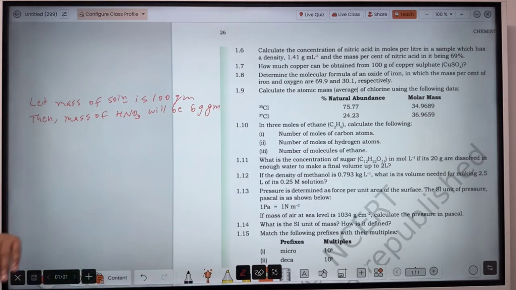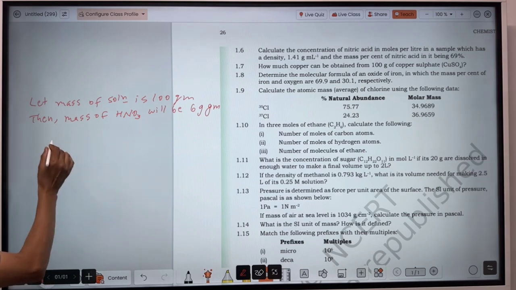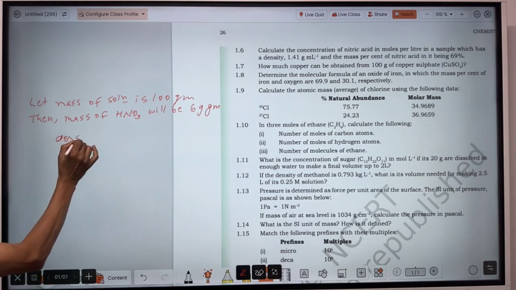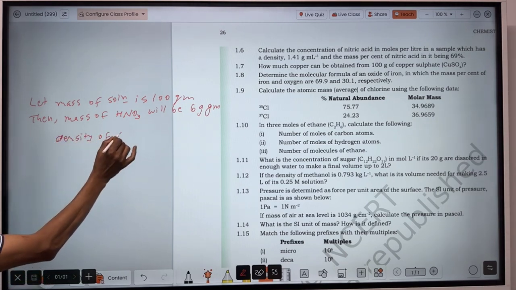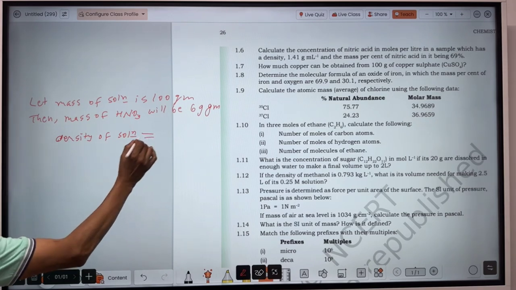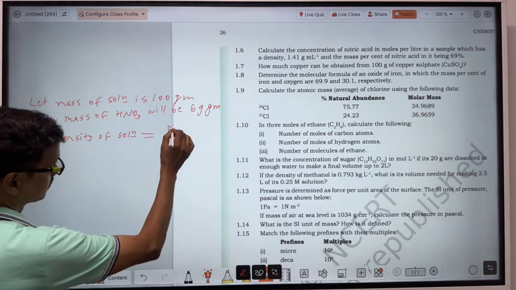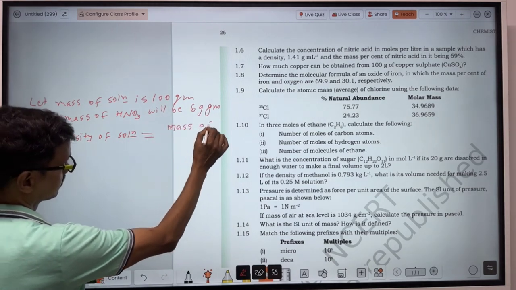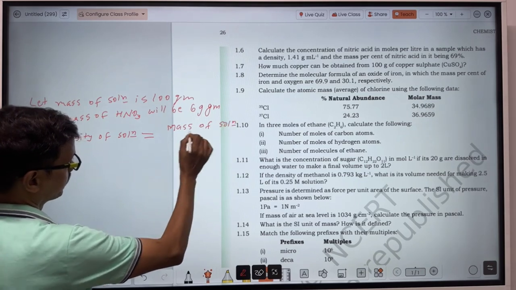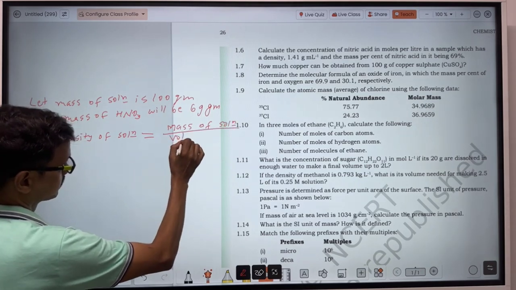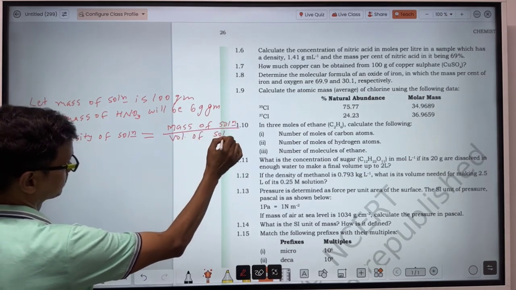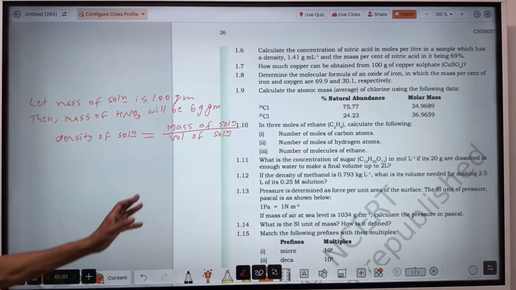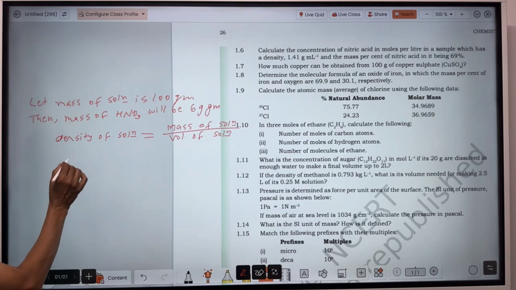Okay, this one is here. Now let's see the density of the solution. Density of solution will be equal to mass of solution upon volume of solution. Density of solution has been provided as 1.41 gram per milliliter. So that means